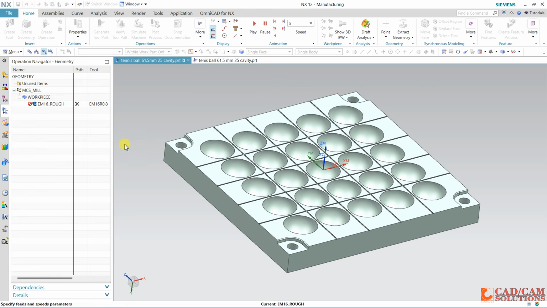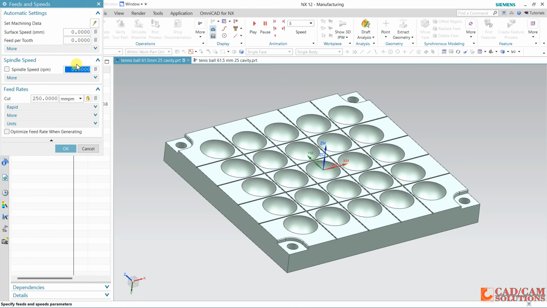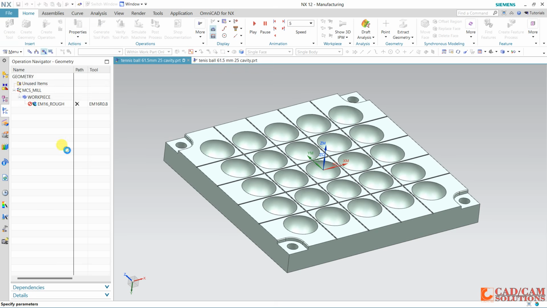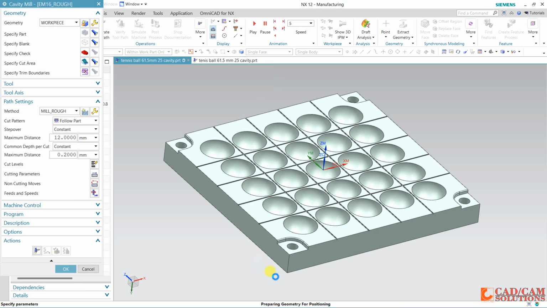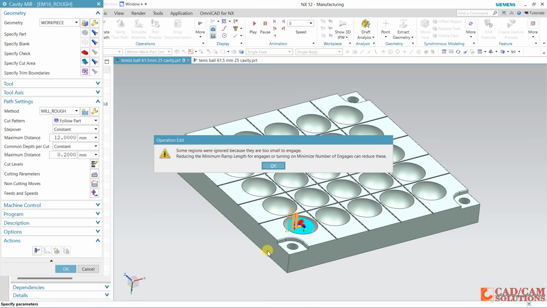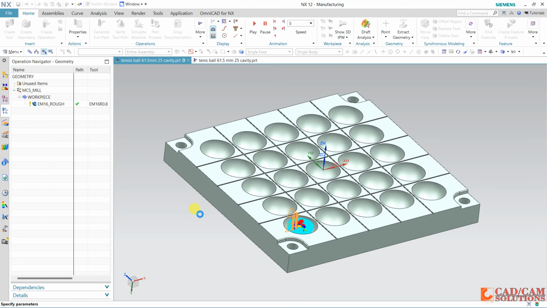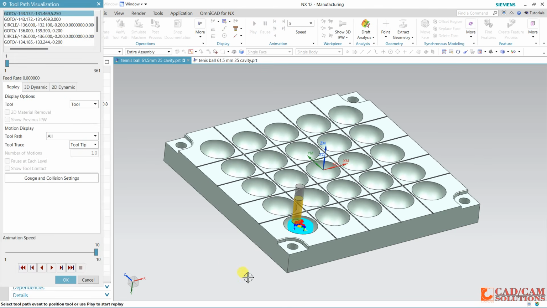And feed and speed, so spindle speed and speed I'm using, and calculate. Okay, and now generate, and it takes some time to generate this toolpath. Okay, because of tool dia some area is not cut.